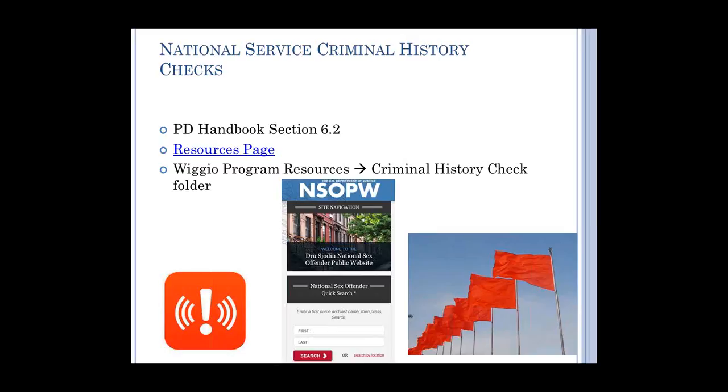So just quickly, national service criminal history checks. Just want to emphasize how important those are. You'll see this reference later in the presentation, but the message from the corporation's CEO, Wendy Spencer, has been the checks are to be done on time, every time. There was possibly some leeway in criminal history checks in the past, but now there's really no grace. So we want you to